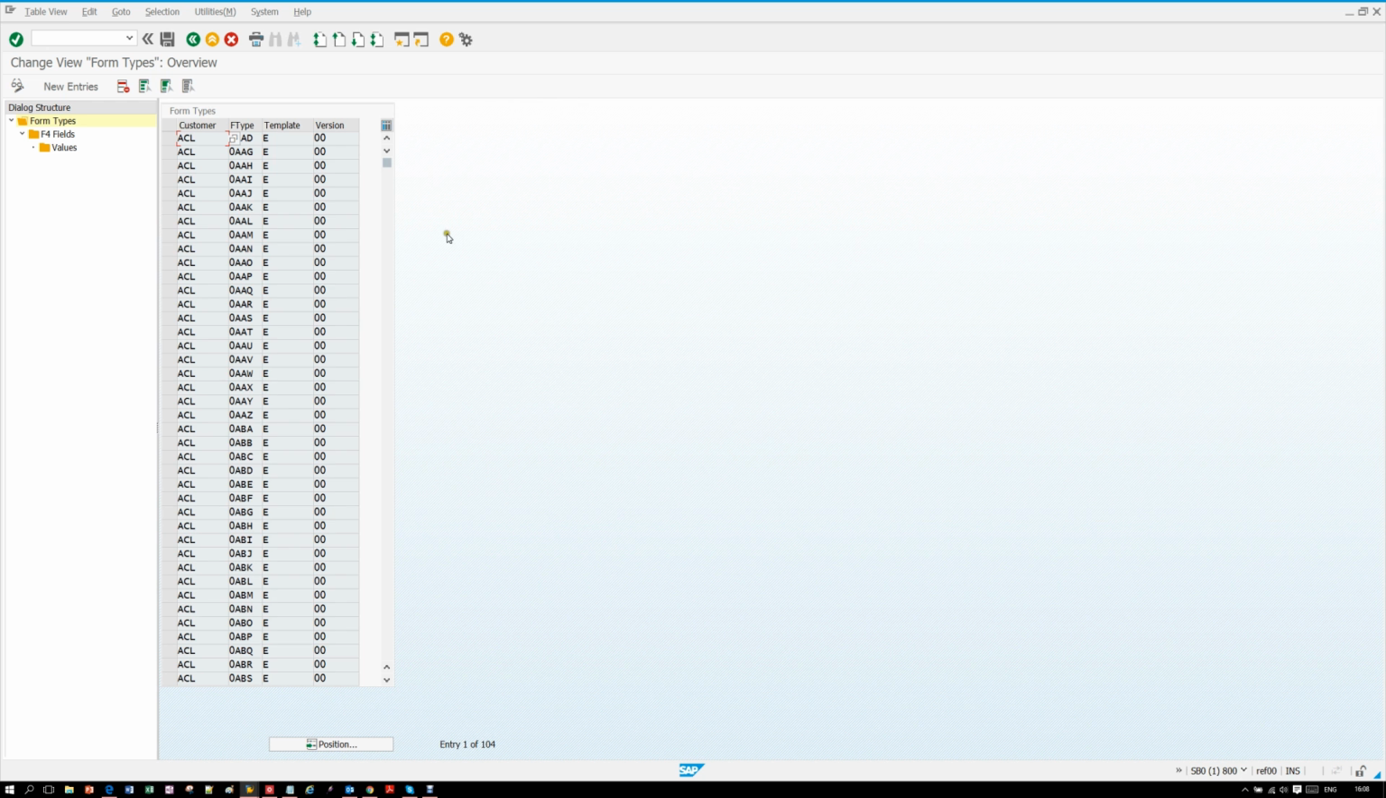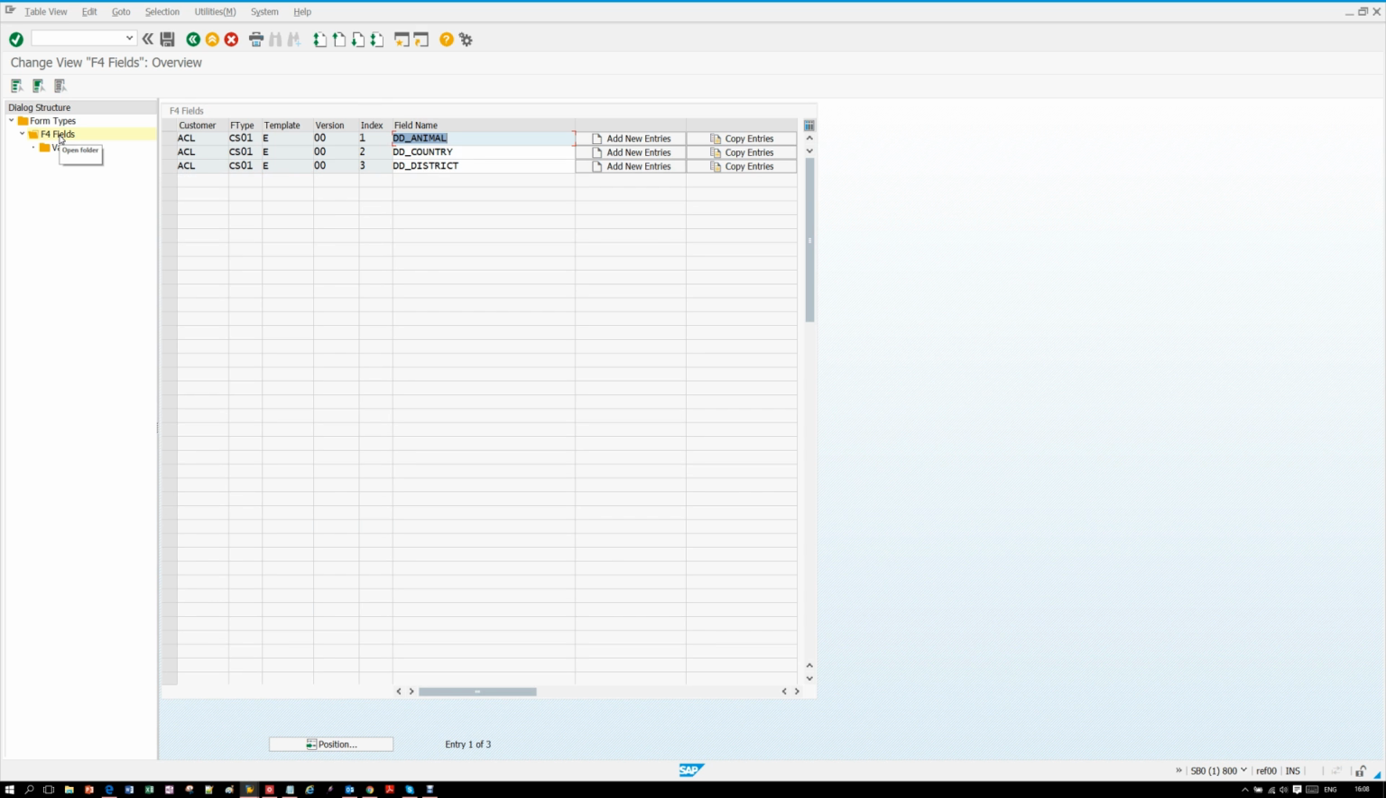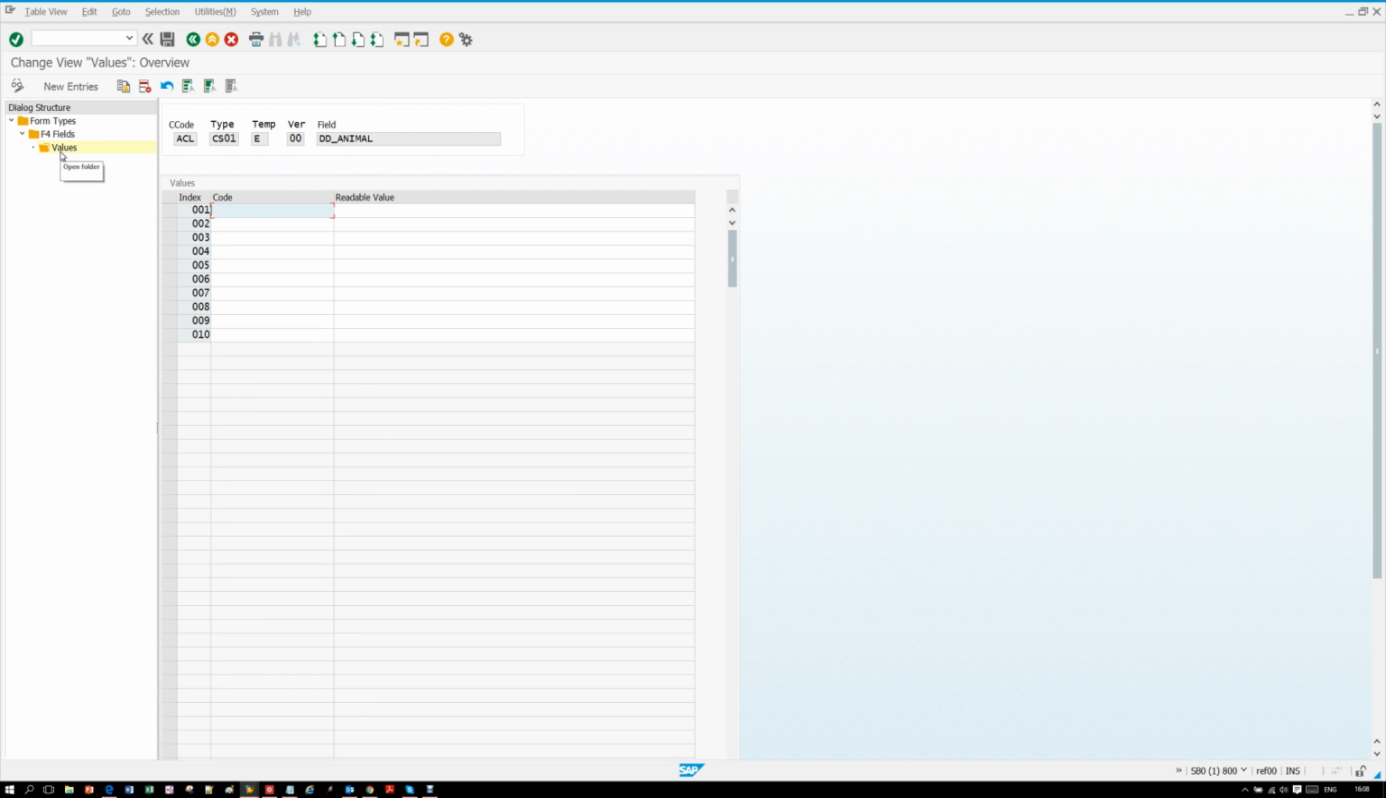This is really neat. It means that we don't have to create Z tables all the time if we want to store values that we can't read directly from existing SAP database tables. So here I go back into the animal field. And now I've got some options here. I've got a code that the system will use and then a readable value. So maybe the readable value is